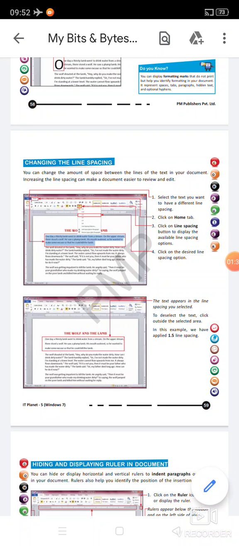ठीक है, when you select any word or any line or any paragraph in MS Word, the selected parts get highlighted. As you can see in the picture, it has highlighted in light blue color. So that will show that you have selected this part. First of all, for changing the line spacing, you have to select the paragraph,